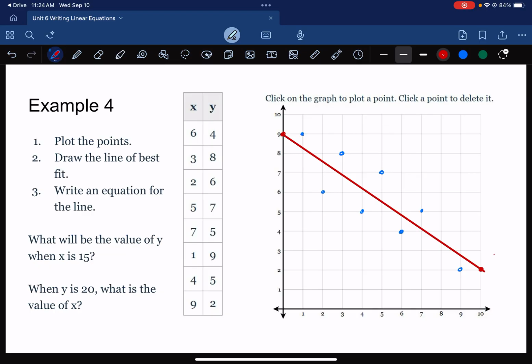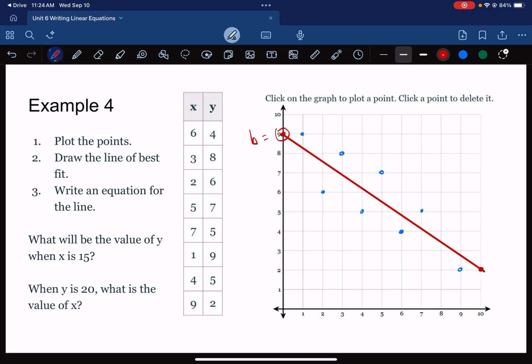So it says plot the points, which we did, draw the line of best fit, which we just did. Then it says write an equation, and that's the real key here. If you do this correctly, you're going to give yourself an easy y-intercept, which I did. I gave myself a 9, so that's B. And then the slope,